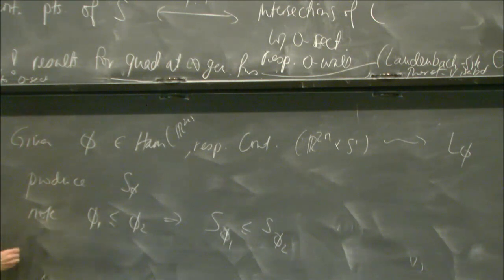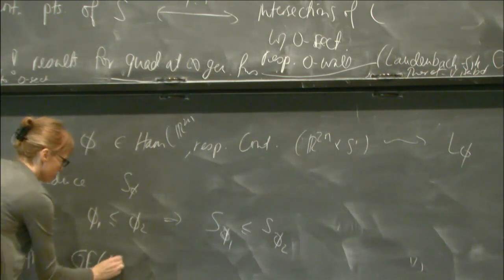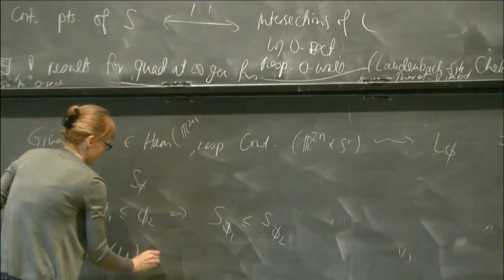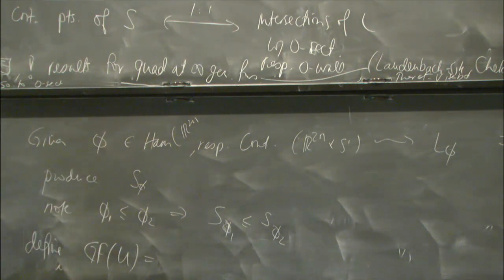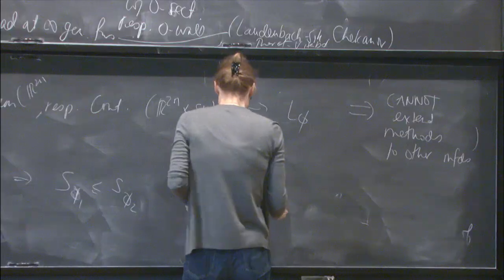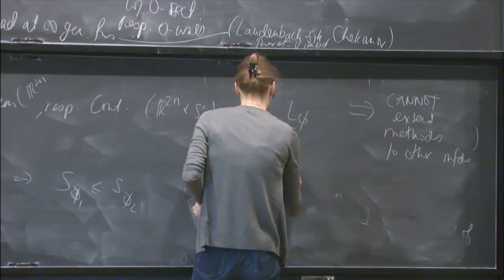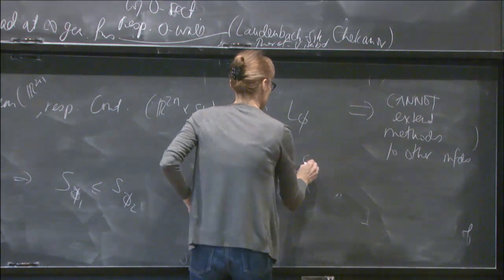And you define the generating function homology group for a domain as a direct limit. I won't go into all of this, but this means that these homology groups,